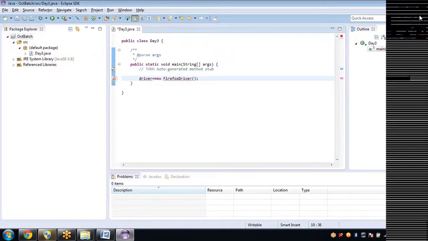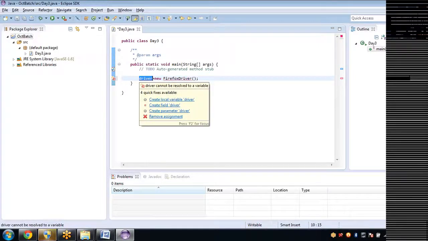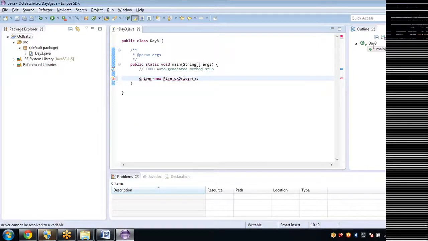Okay, so fine, one thing is done. We have successfully taken up a class, with the reason that I want to automate in Firefox, and I created an object also, and I gave the name for that object as driver, or you give any. Once again I'm telling, it's up to you, whatever name you can give. Fine. So the last step left is, now this driver object should implement the methods present in the WebDriver.